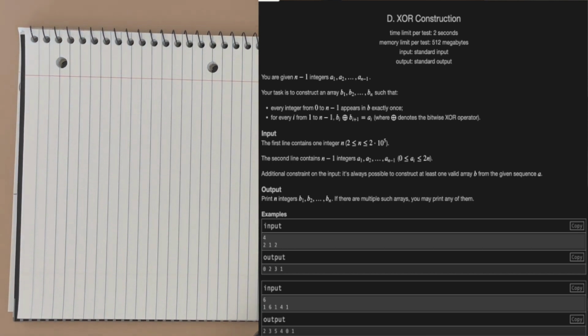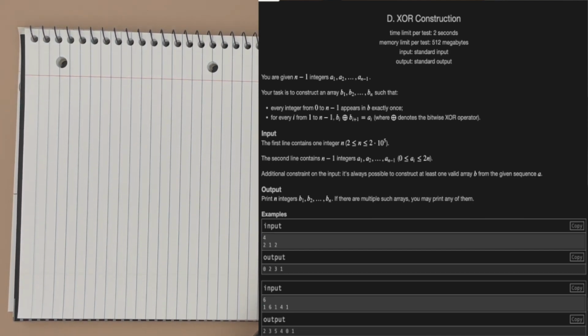XOR construction. Now, I would like to preface this video by saying that I use a trie for my solution, and I basically make a reduction into a standard problem that can be solved using a trie. So I'm not going to go too much in depth into what that standard problem is and how to solve it, because I have a video in the future where I'm going to be going in depth about trie data structures, and I'll most likely cover that standard problem in that video. So with that being said,